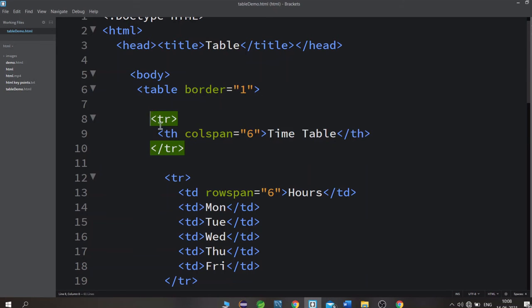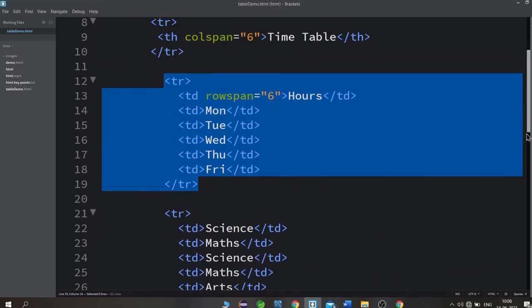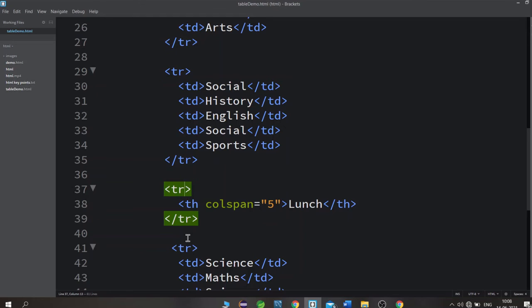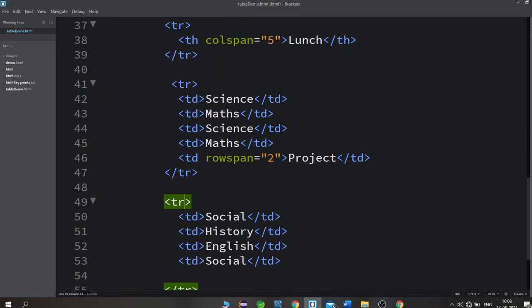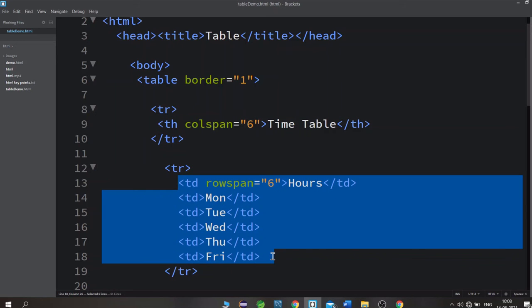And here also you can see 1, this is second, then comes the third row, then the fourth row, fifth row, sixth row, and seventh row. So in the HTML table, we insert the data in the row format. Inside the row, we add the values of columns. In the first, we add the timetable, and so on.